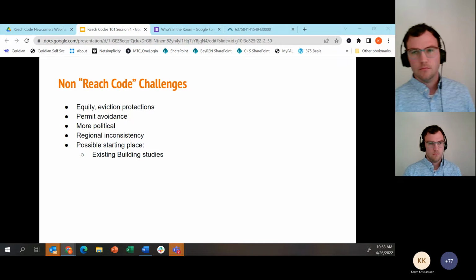There's also just the broad challenge of once you have the building built, a lot of people don't bother to get permits. And so avoiding permits for certain types of upgrades is really common. And with low compliance, enforcement can be really tricky when you're talking about single appliance changeouts. So what does that look like, and what trigger points and leverage does a local government really have?